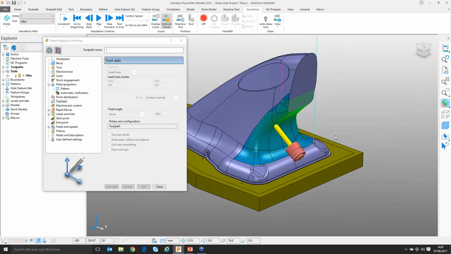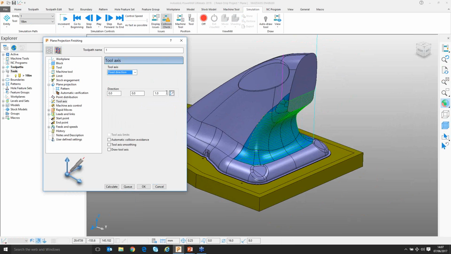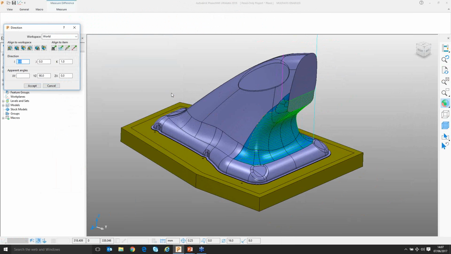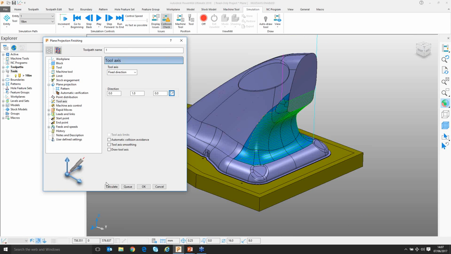Maybe what we wanted to do was to project in from a particular direction. Of course, what I could do is go to my tool axis, and I could say that I'd like to project from a fixed direction. And rather than use this vector type input here, which can be quite tricky, it's very simple to press the button here and say I'd like to project in from the negative Y direction. So now when we calculate,